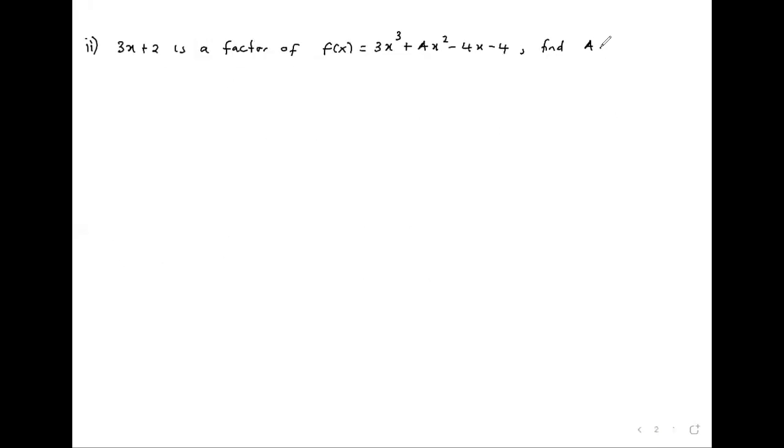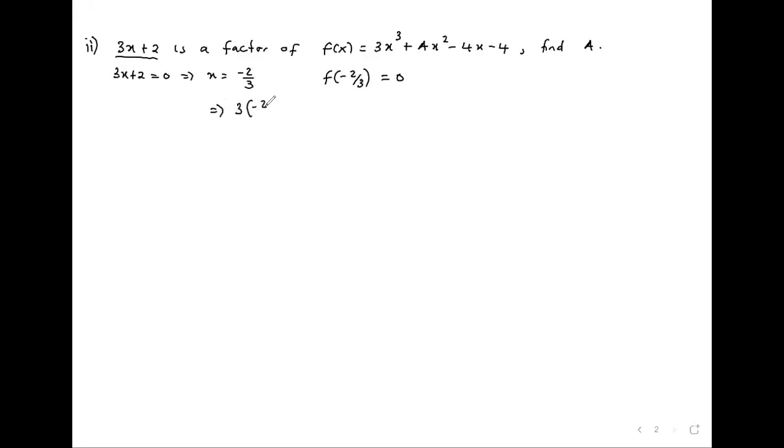So find the value of a. So how do we find a? We have the information that 3x plus 2 is a factor. So we know that if we get 3x plus 2 and equate it to 0, it will give us x is equal to negative 2 over 3. If we take this x in this function here, we should get 0 since it's a factor, implying that we